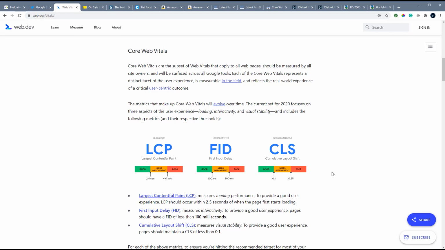It's scored from 0 to 1. Anything from 0.1 and below is considered good. 0.1 to 0.25 is an area that needs improvement, and anything over 0.25 is considered to be poor. We're going to talk about how to identify these metrics on your web pages and how you can see how